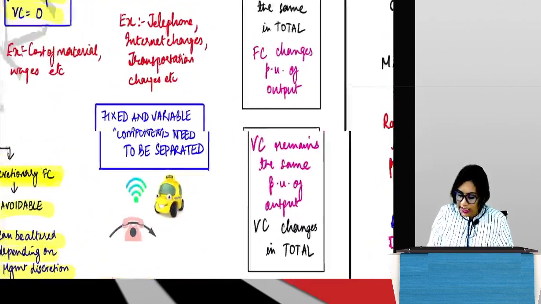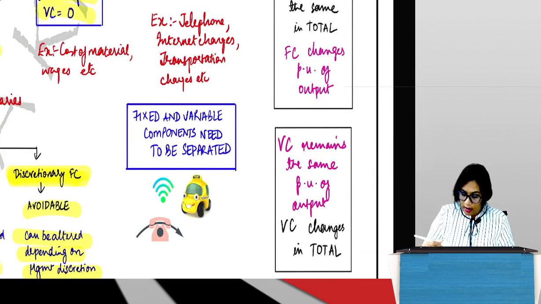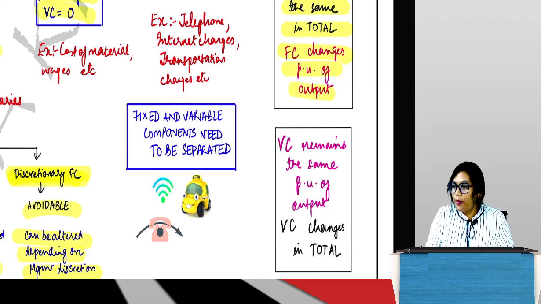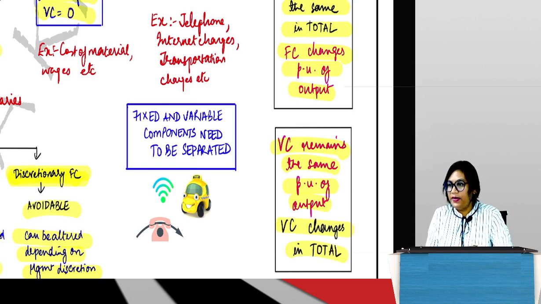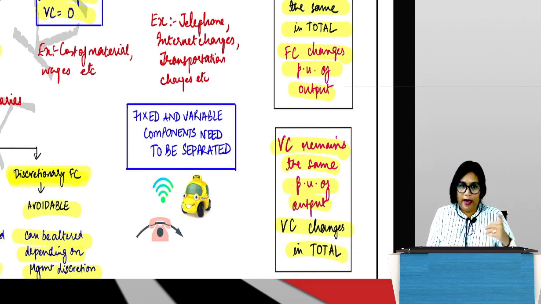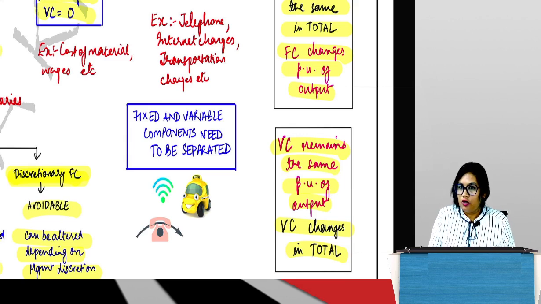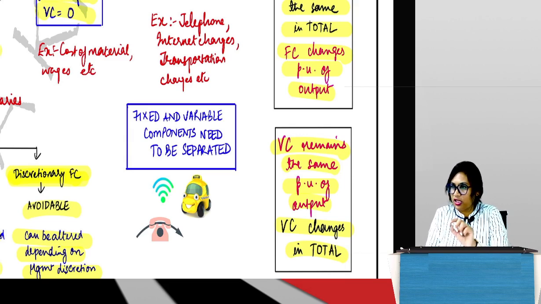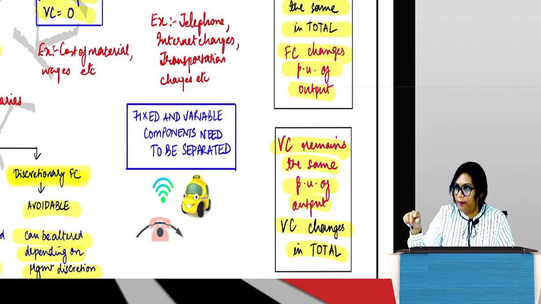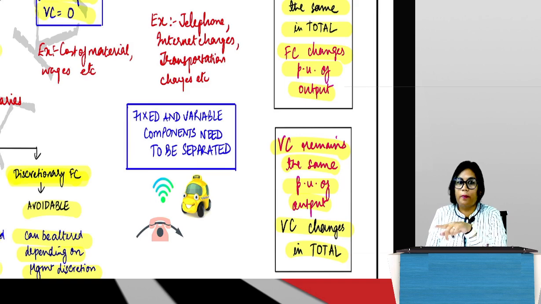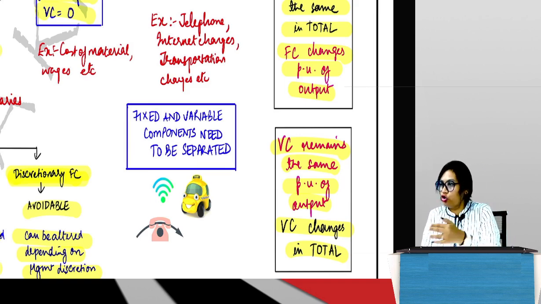So whatever we studied right here, this particular behavior, that fixed cost remains the same in total and fixed cost changes per unit of the output. Do you see this in your LMRC? Please connect this to the tables that we have made to show mathematically how this is happening. You can put it here. In the LMRC you can write, check example in notebook. So it's connected properly, and when you are revising, you know where you have to go. You don't have to sit and search.